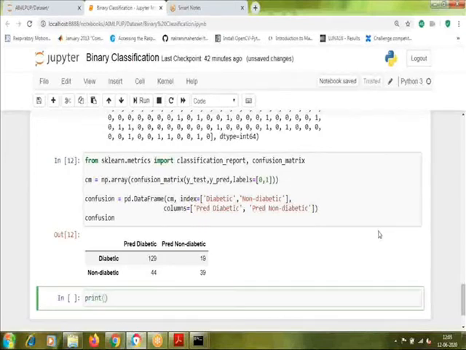So print classification report. To this also you need to supply the original labels and the predicted labels, and execute it.